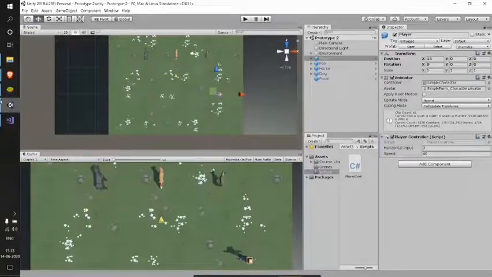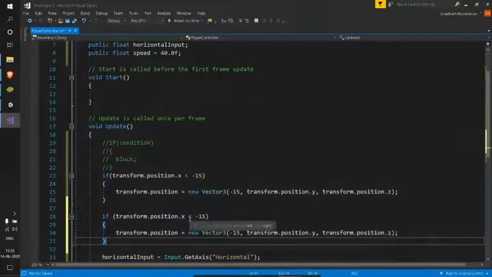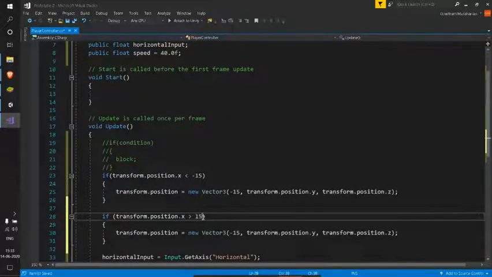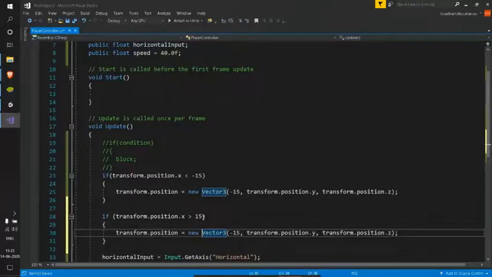So it's the same logic as we used above, but there is a minor change. If my transform.position.x is greater than 15, I'll just change my transform.position into a new Vector3 of 15. So I'm changing my x value to 15, whereas y and z I'm taking from the player itself. So the y and z remain the same.